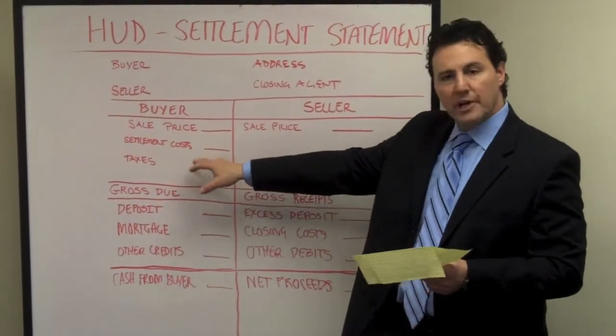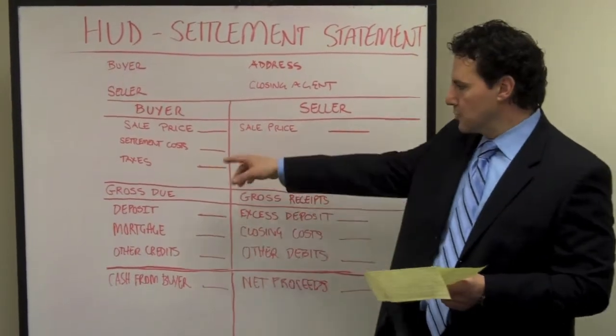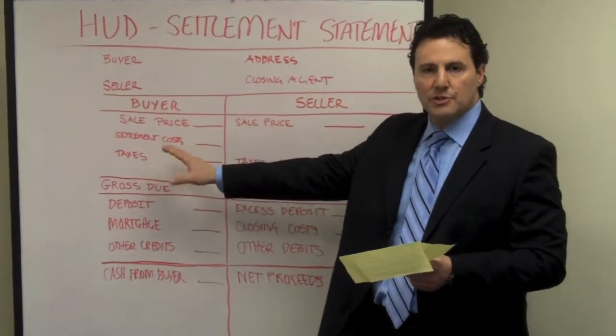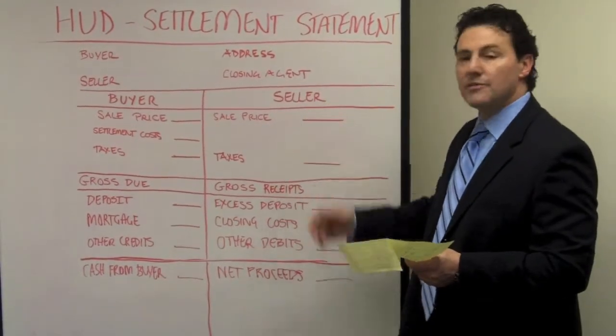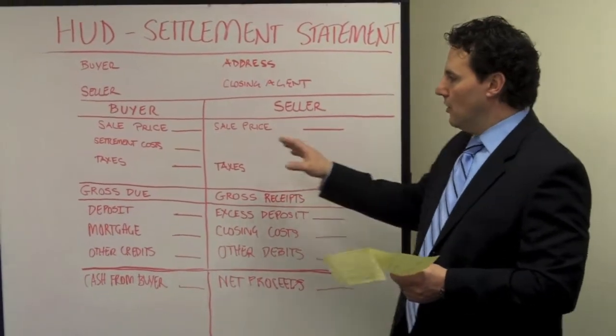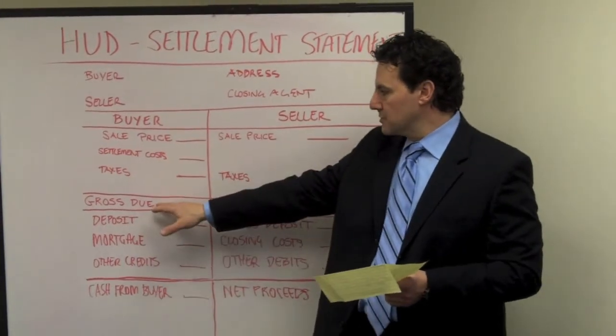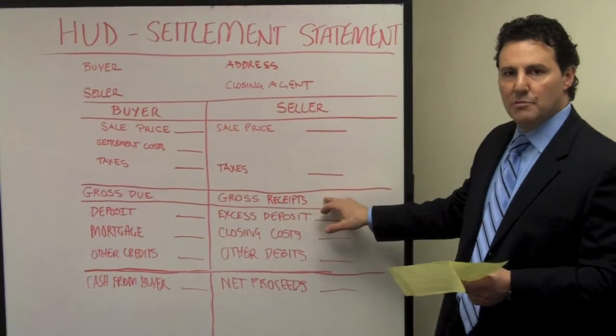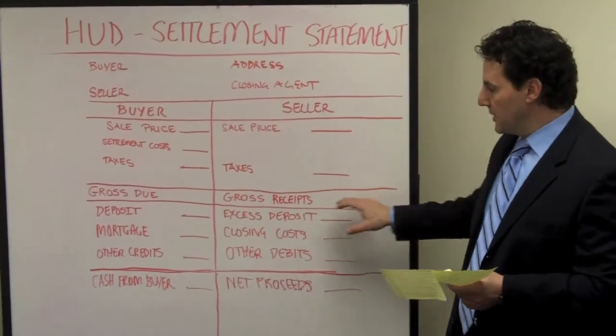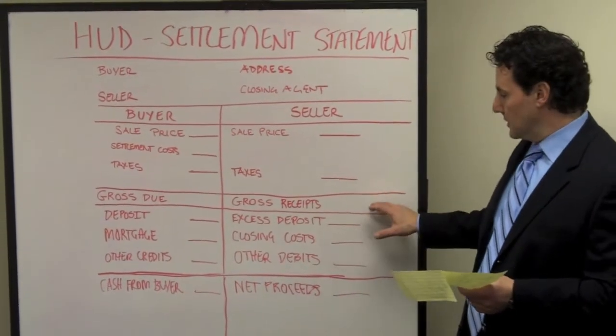And then you have other ancillary items like your taxes. And that's where the oil is, a condo fee, condo reserve, something like that. Seller has the same thing. They have the sale price and they have taxes, okay? What this means for the buyer is that's the gross amount that's due. For the seller, that's the gross receipt. That's the total amount of money that they would receive, but they have costs that they're going to deduct